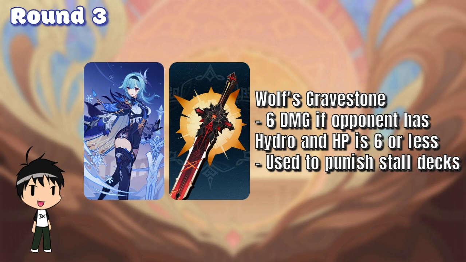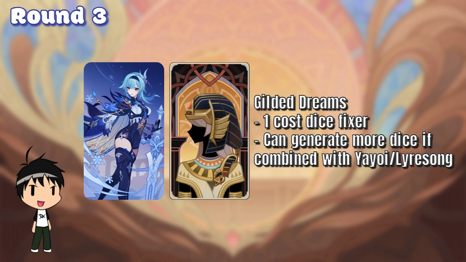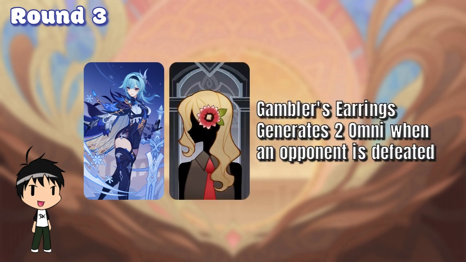You can equip Eula with artifacts such as Gilded Dreams, which help with dice fixing, then play Liyue Harbor's... Liben's Song, and equip her with Gilded Dreams again to generate more dice. Or equip her with Gambler's Earrings, which generates 2 Omni Dice when she defeats a character, letting her finish off